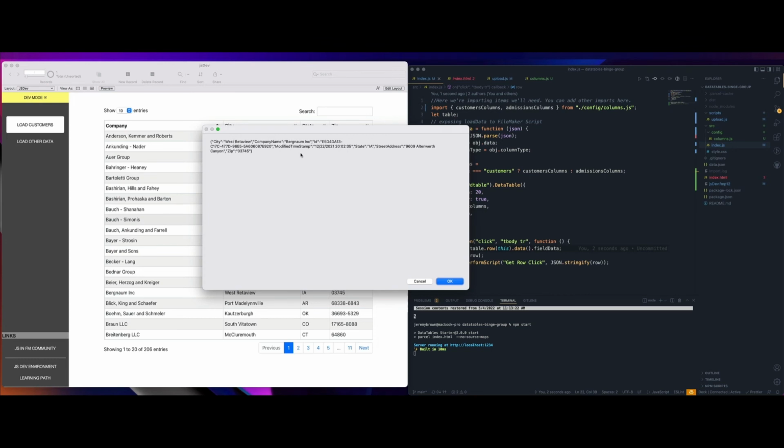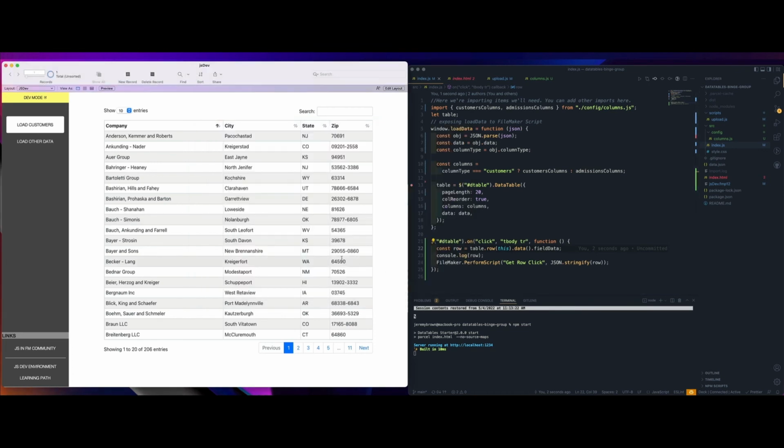So there you go. This is adding a row click onto the data tables. I encourage you to try this out, review this, make sure that you understand each part of it so that you know what it's supposed to do. And one more thing, I'm actually going to do one more thing on this before I end this.